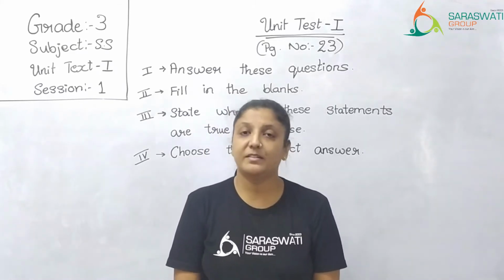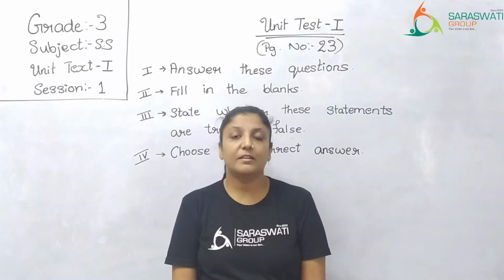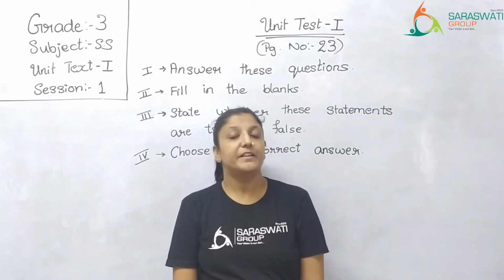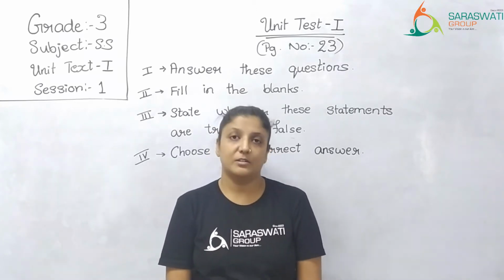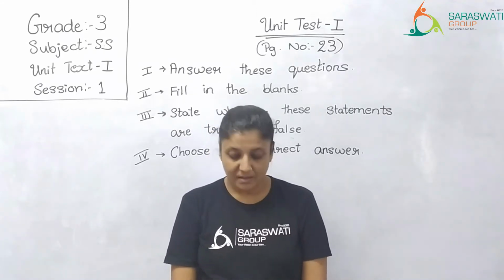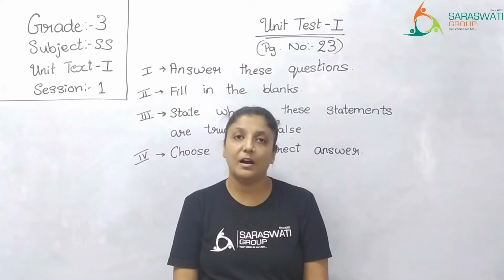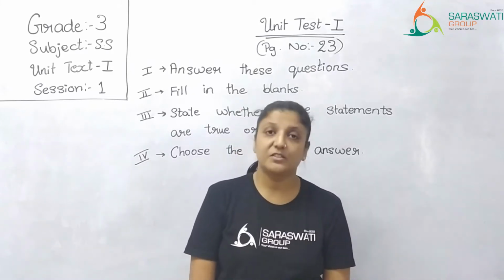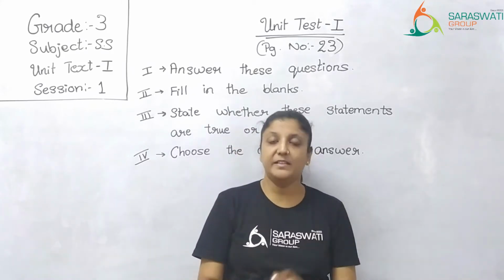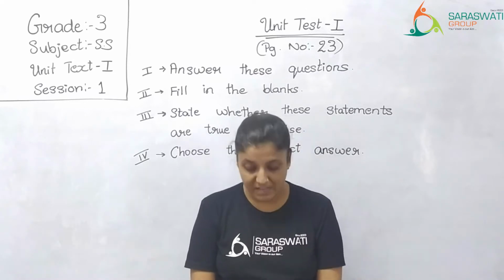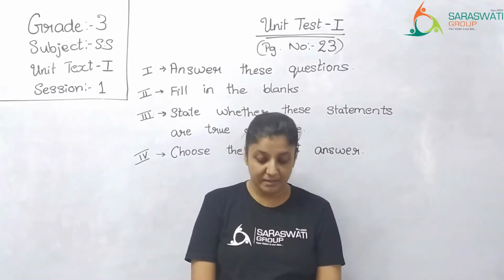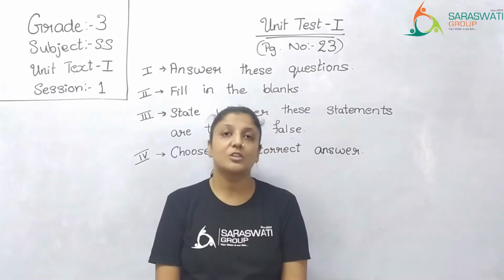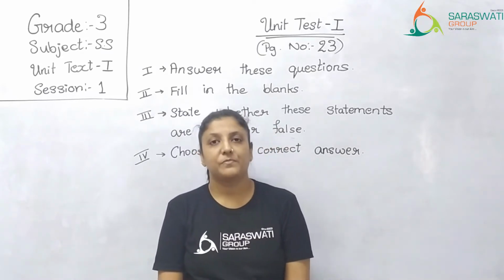We have already discussed it, right? The 3 forms of water. Which are they? Solid, liquid and gas. So that is the answer. The 3 forms of water are, first one is solid, that is ice. Next is liquid, that is water itself. And last one is gas, that is water vapor.